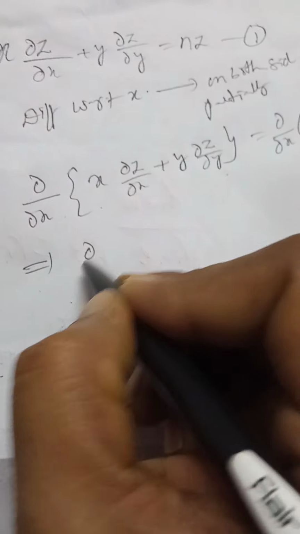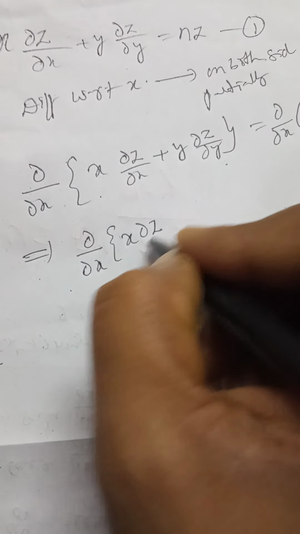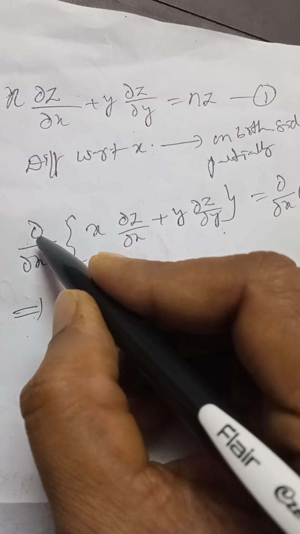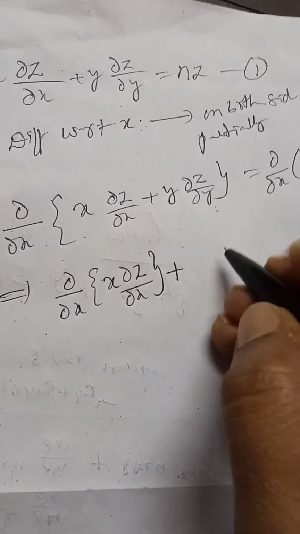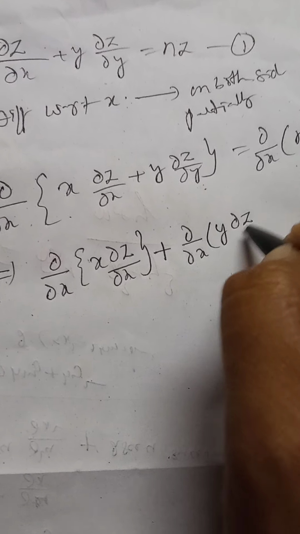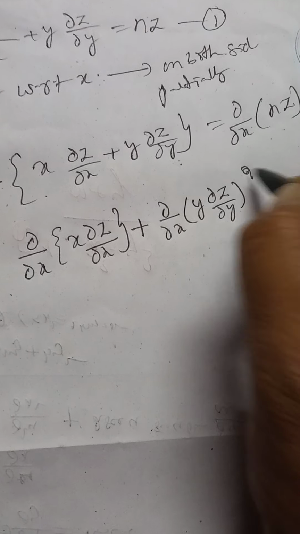That means ∂/∂x of the first term, x into ∂z/∂x, plus I am distributing this differential operator to the second term. That means ∂/∂x of y into ∂z/∂y is equal to,